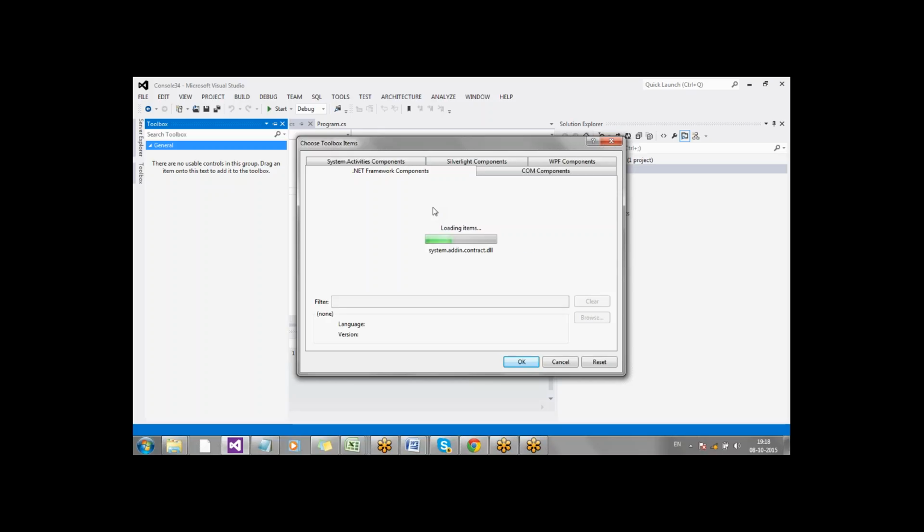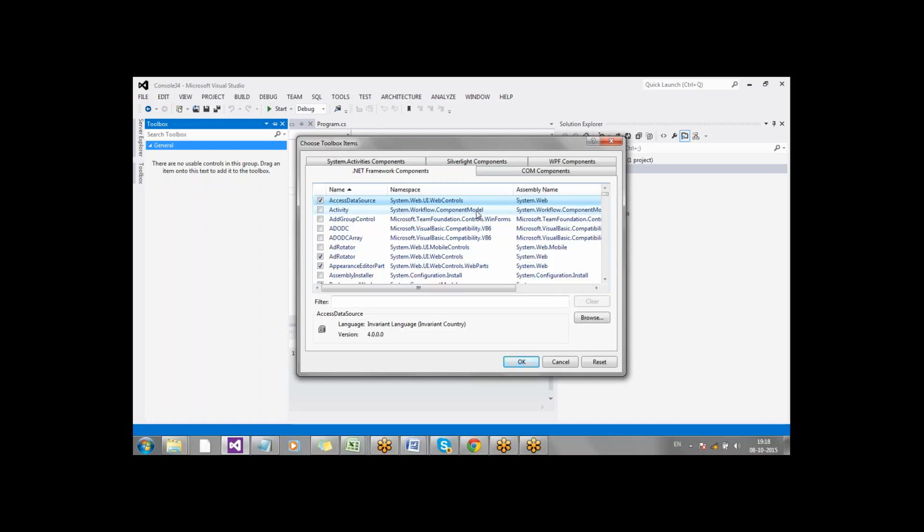I'll show you what is the purpose of having namespaces in practice. Do you see a control with the name Control and Control? There are two components with the name Control here, right?